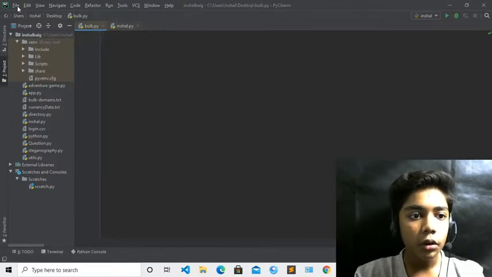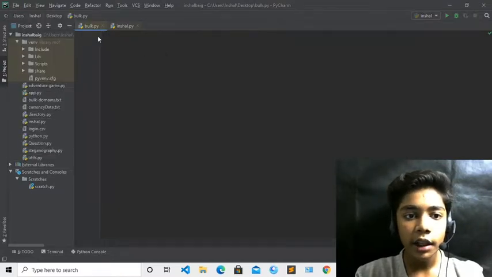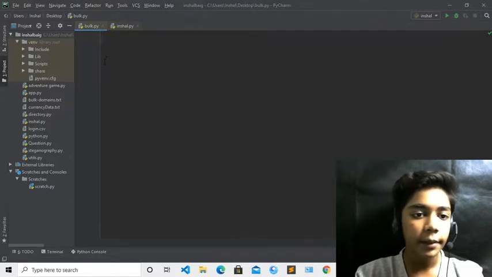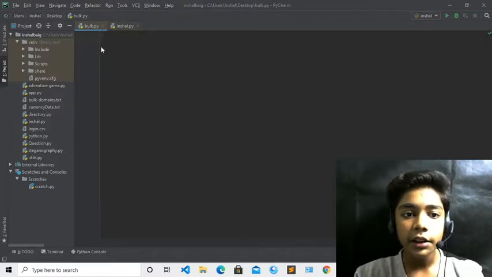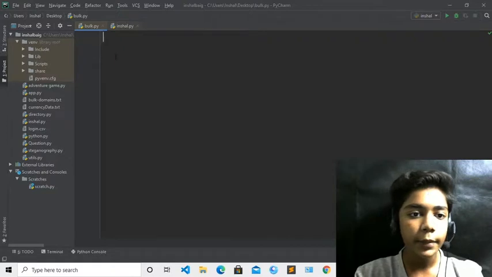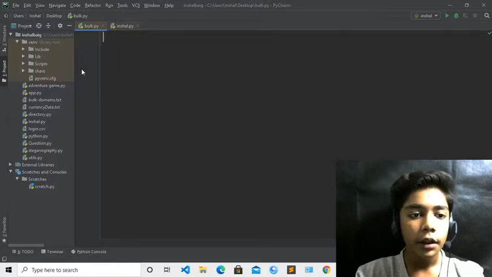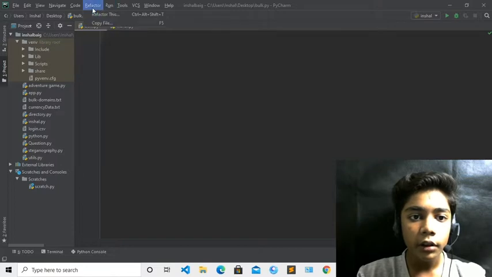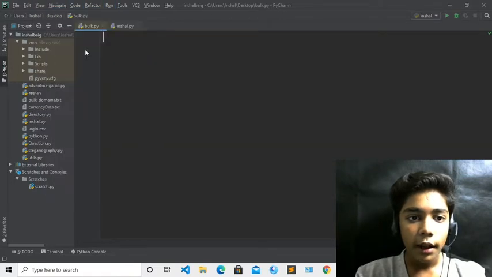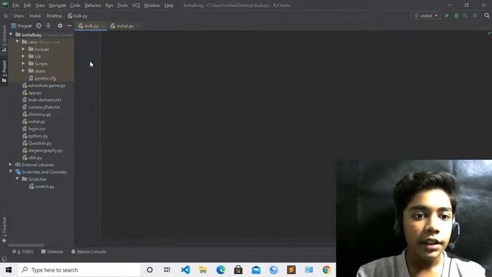Go to File, then New, then select Python file and give your name. As you all know, it is not necessary to write .py in the PyCharm text editor, because when you create it by selecting Python, your Python file is created automatically. You just have to write your name. Now you can run your code from here, so when we are done with our code, we will run it from here.